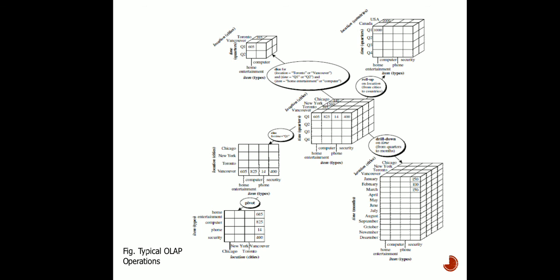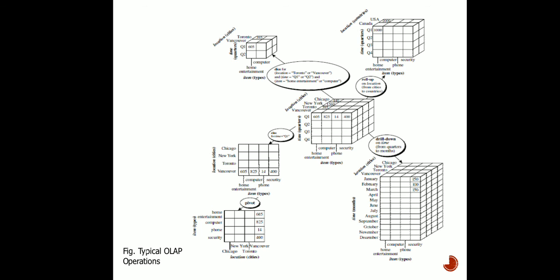So in this fashion you can roll it up. Roll up means to move upper in the hierarchy or to aggregate some value. Drill down means I want to drill down the value, means we have to roll down. I am going to divide it into further subclasses. Rather, instead of using quarter, we are going to divide it into months.